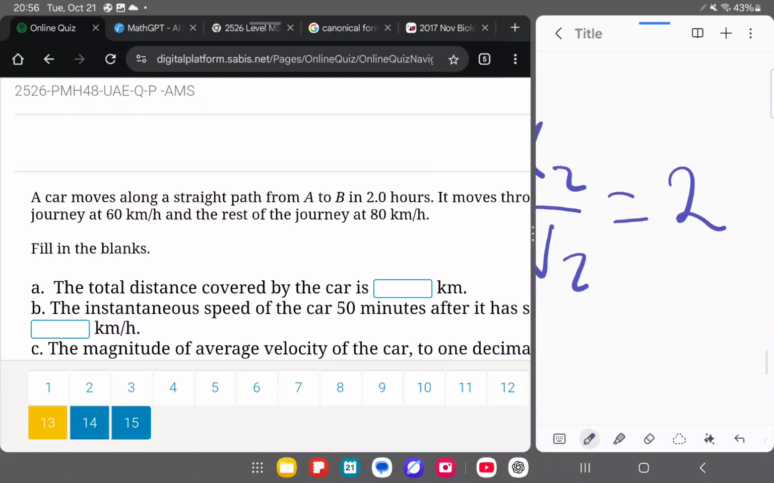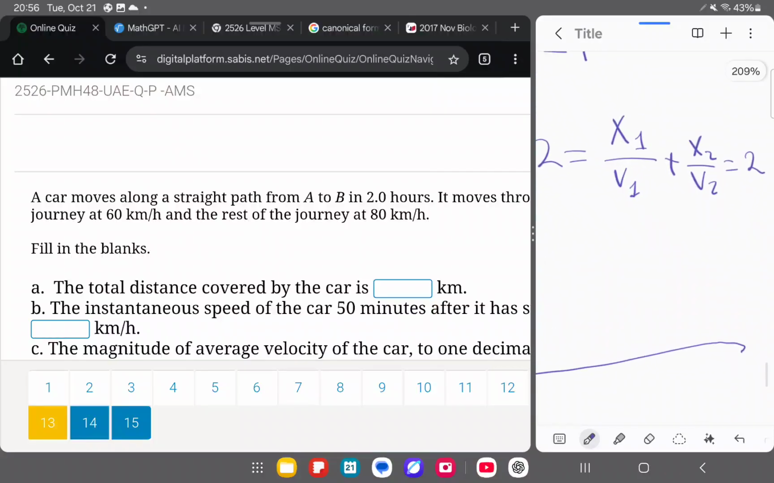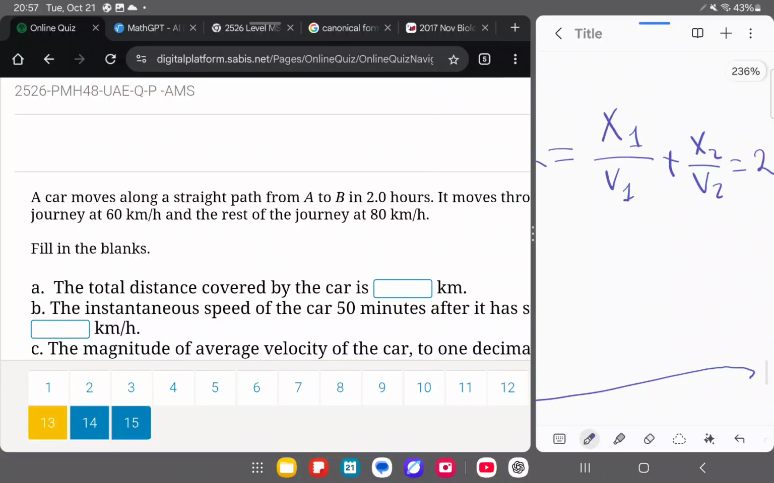Now, we do not convert anything here because they did not put anything involved in meters and seconds. They gave us hours and kilometers, so we keep everything as is, not like the previous question. So we have x1 here. x1 will be